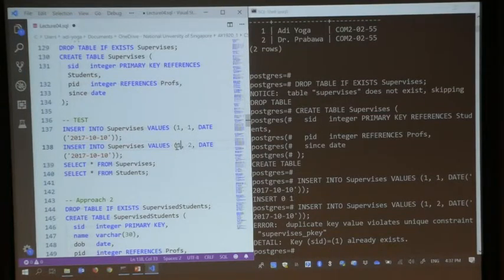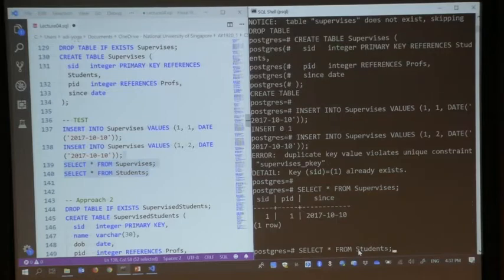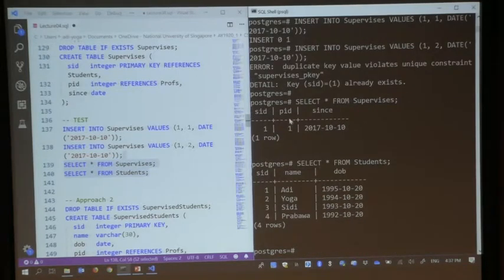So the same SID with a different PID cannot be inserted. And if you query the table, this is what you will get. This is the only student that is being supervised. And it is being supervised by the PID 1. And the student that is being supervised is this.